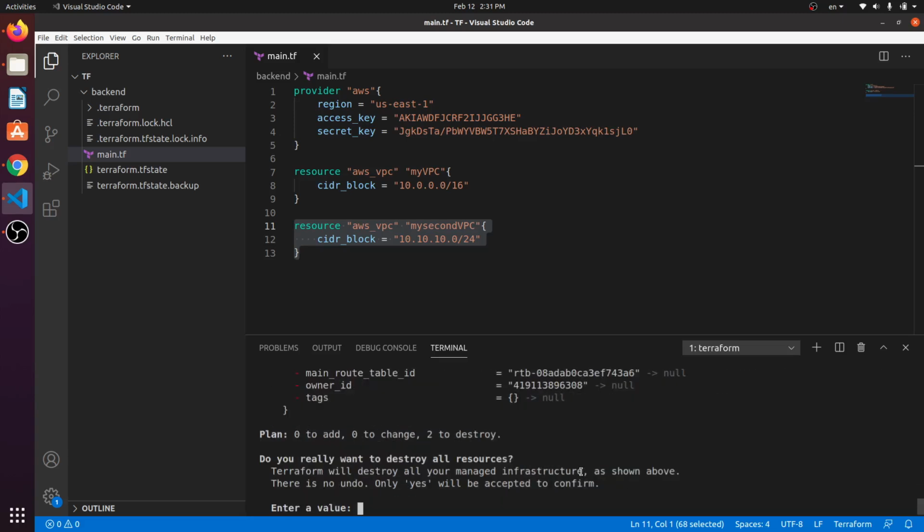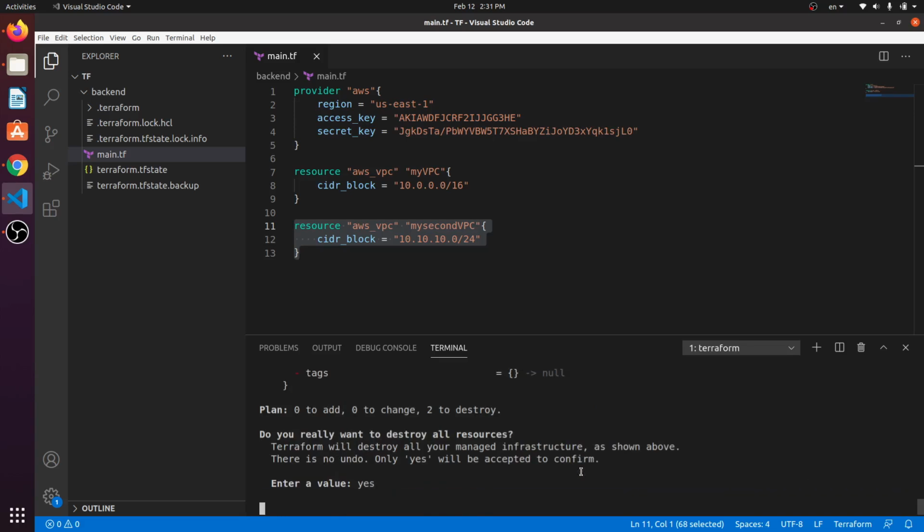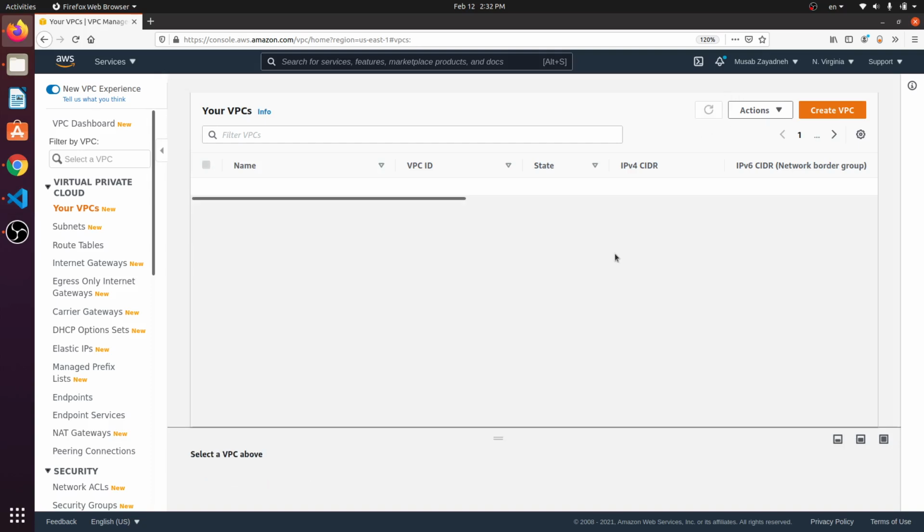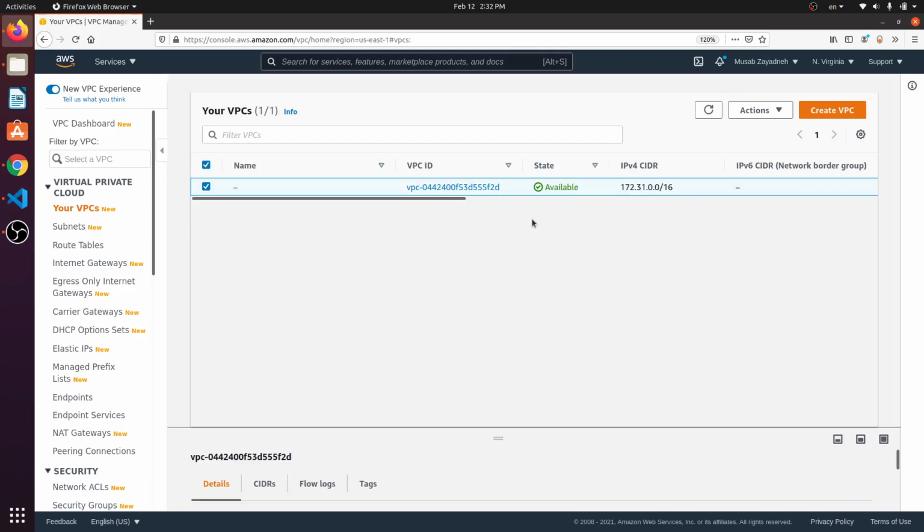All right, so far so good. So let's press yes and see. By the way, if I type the second resource here without importing it, it will not work. It will say no, this VPC does not exist. But you can see that after I type it here in the template, then after I import it, if I destroy it, then two resources will be destroyed. And if I refresh here to see, you can see that, yeah, both of them have been